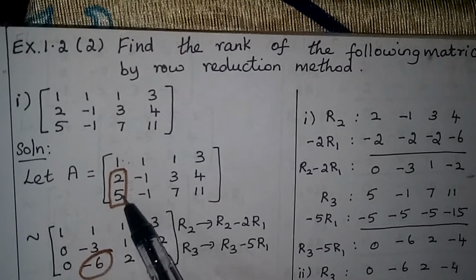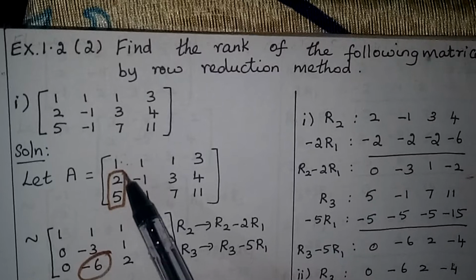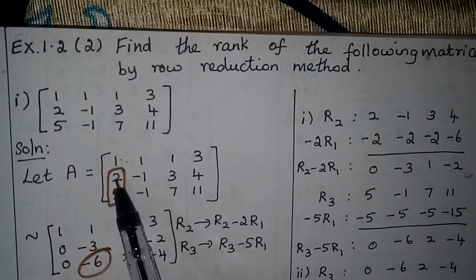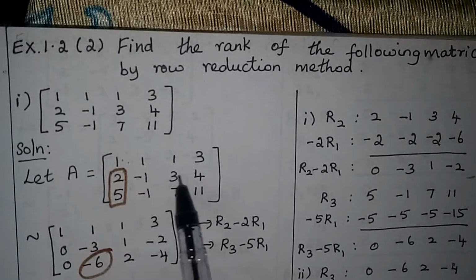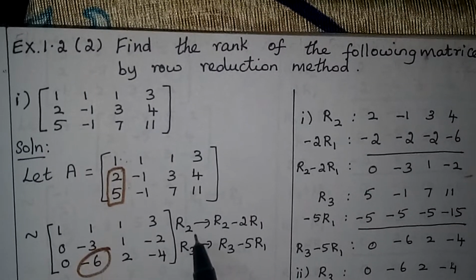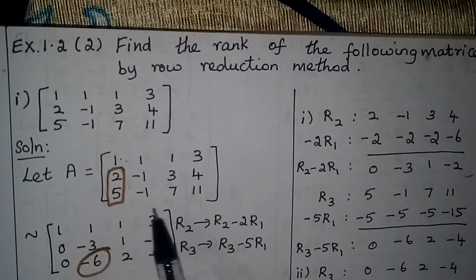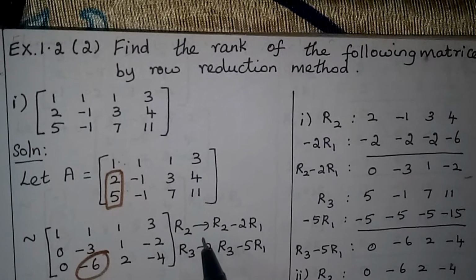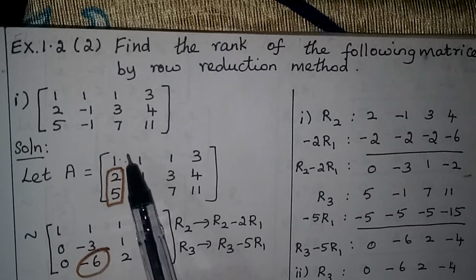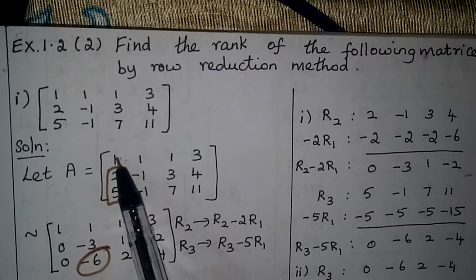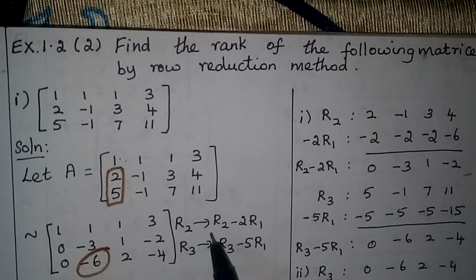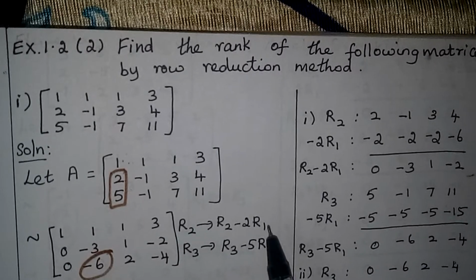So how we can make this as 0? You can take R1. So 2 minus 2 is only 0, isn't it? So I am going to change this 2. For that I have to take the whole row. So R2 I am going to change. What I am going to change, that I wrote by the side. So what calculation I am going to do inside, that I have written by the side. So R2 I am going to change it as R2 minus 2 times R1. Okay, so 2 minus 2 is only 0. So I cannot select only one number. The whole row I have to take. So R2 is R2 minus 2 times R1.